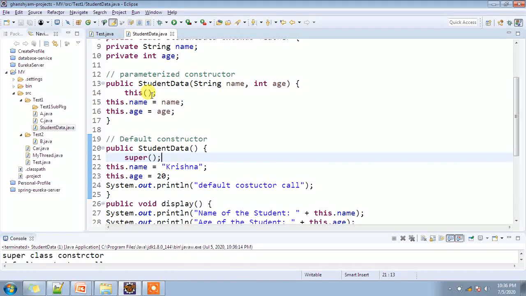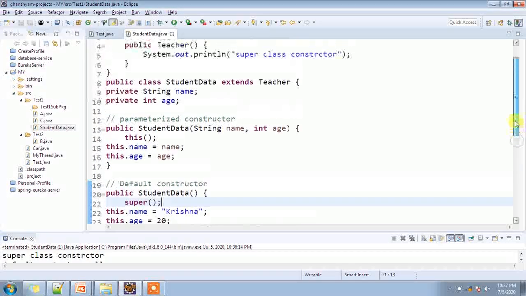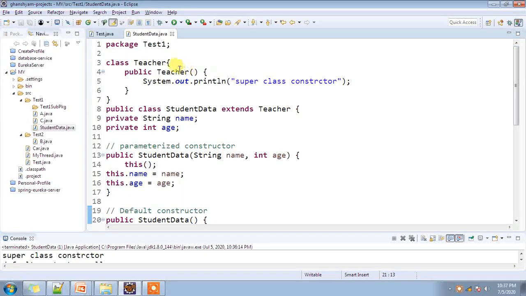The control will come here and call the default constructor of the StudentData class. From the StudentData class it sees the super statement, goes to its parent class, and executes the default constructor.